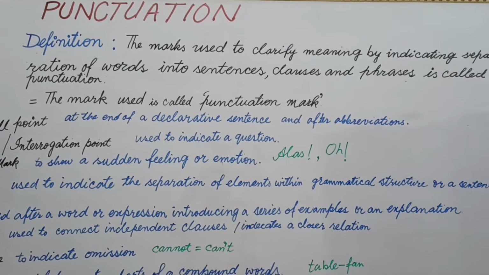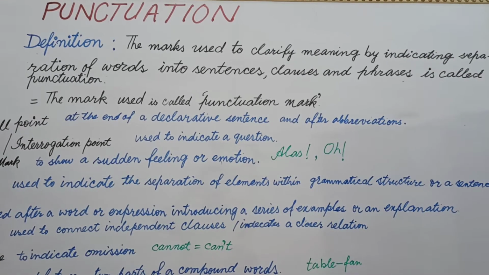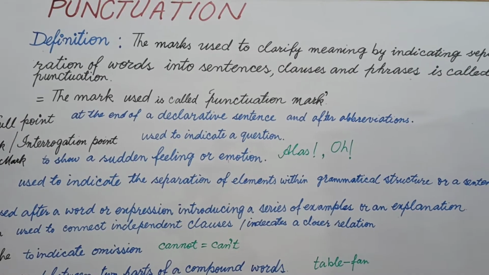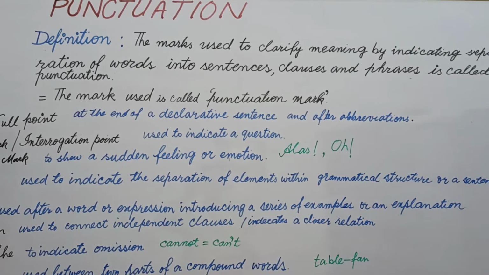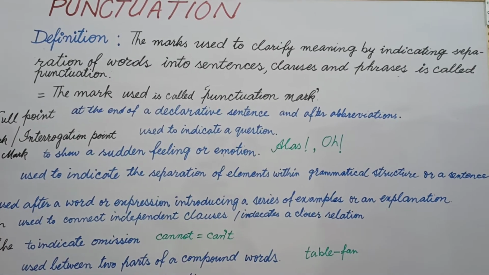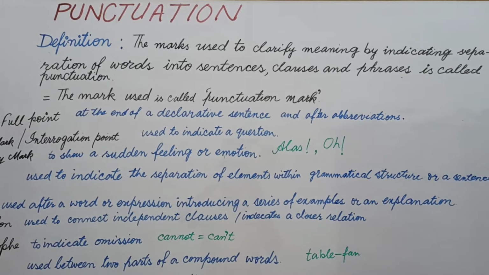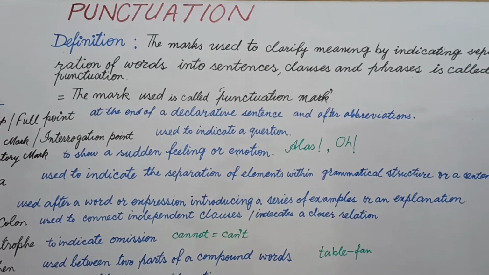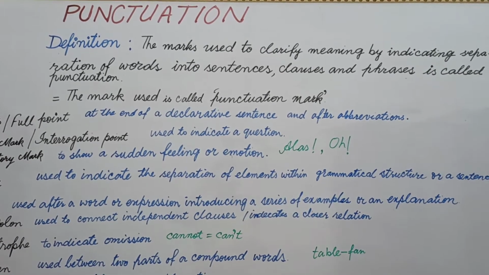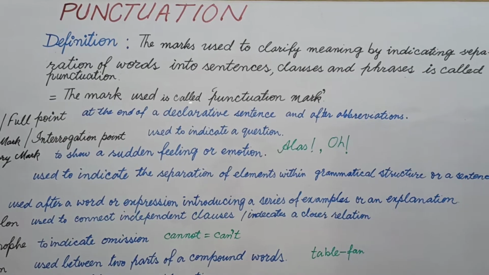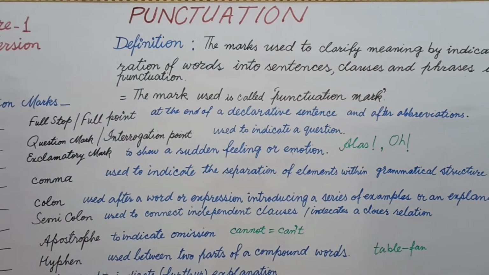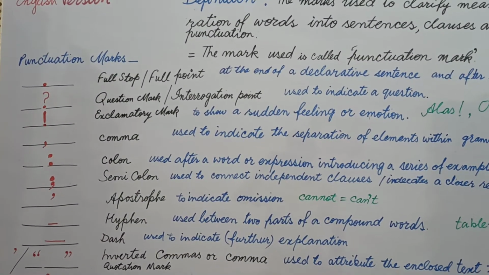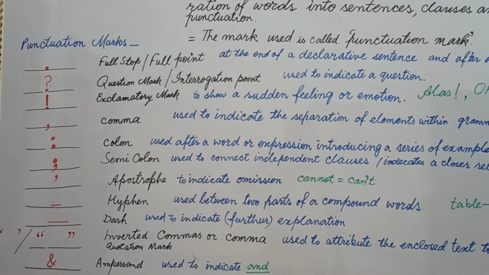Means, students, to know the meaning easily, we use some marks, and these marks are used in a sentence, and we break it into clauses, phrases and different other parts to understand the meaning of the given text easily. Then we will come to know that the mark used in a sentence, clause or phrase is called a punctuation mark. There are so many punctuation marks, students, and I have selected all those marks which are very important, especially for the students of academics.